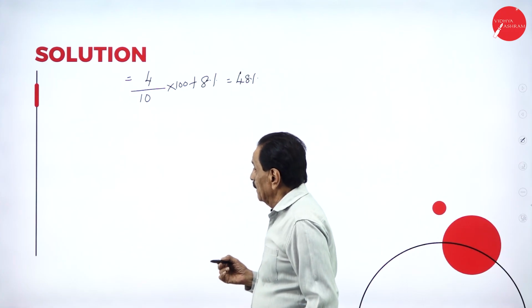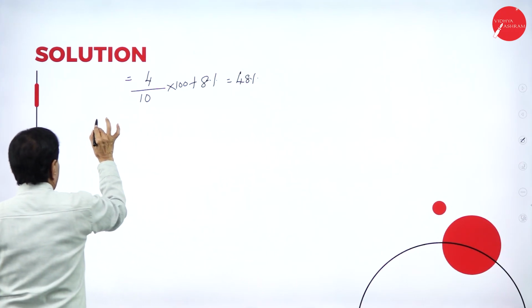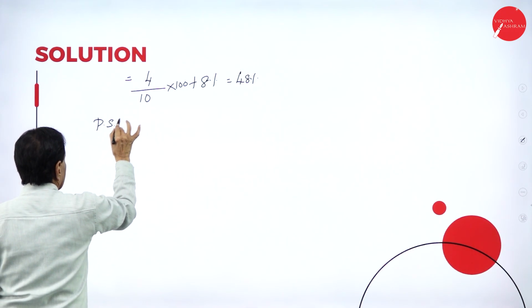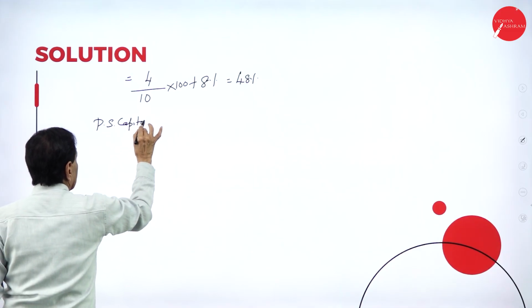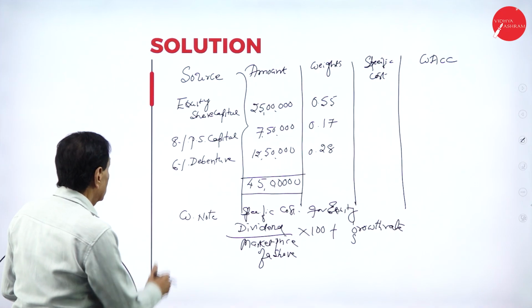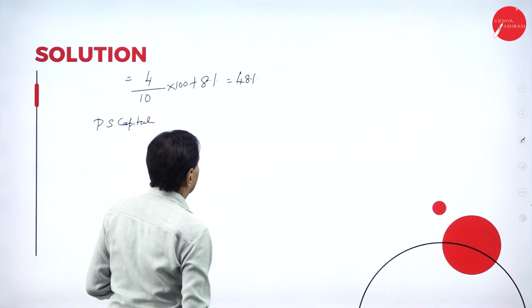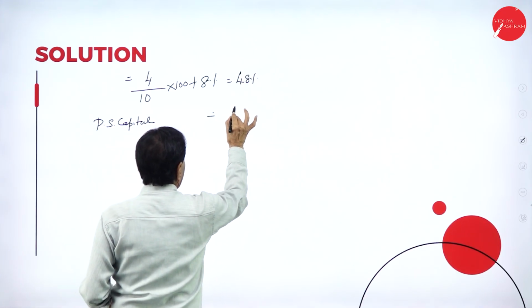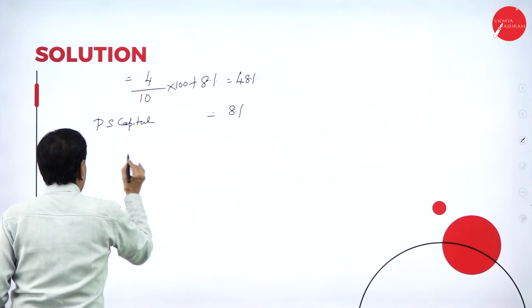This goes to equity. Preference share capital, whatever the percentage is given. What is the percentage given? 8%. Preference share capital is equal to 8%. Debenture